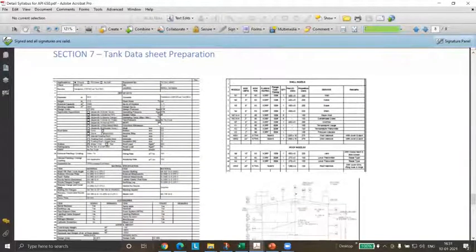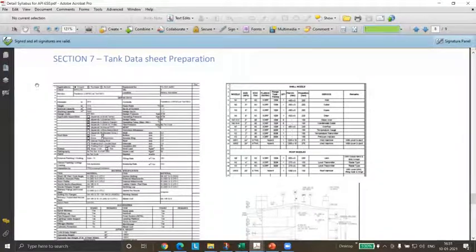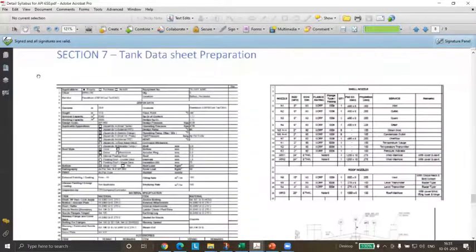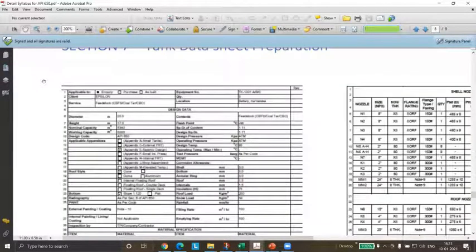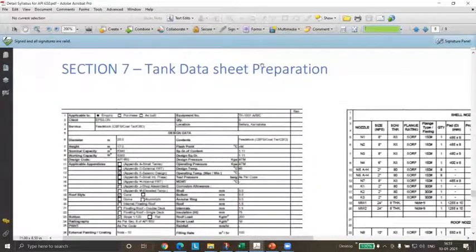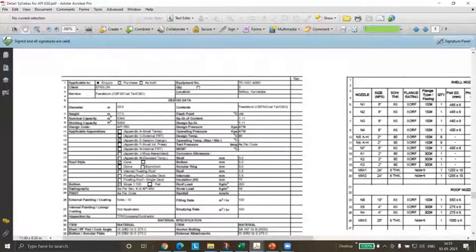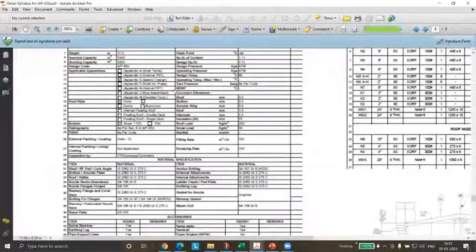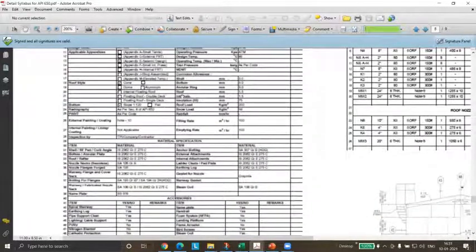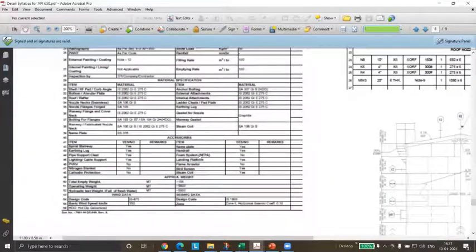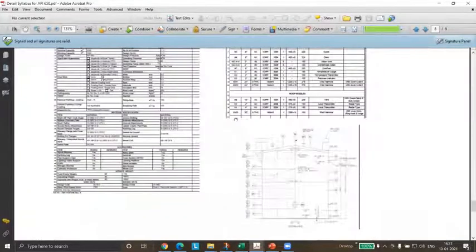So then, you prepare the data sheet for normal ASME Section 8 Division 1 pressure vessels and heat exchanger. There is a tank data sheet, okay, which looks a little different from what we used to see for pressure vessels. So we'll see how to prepare that accurately. This is the output when we design. This is our output. So it should be very accurate, because that will form the basis for further design, the detailing part of it.